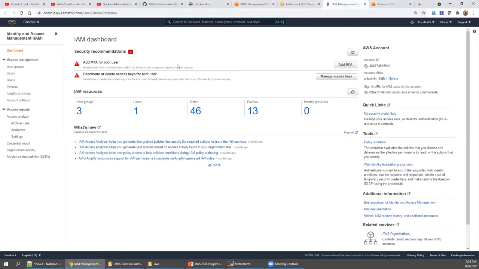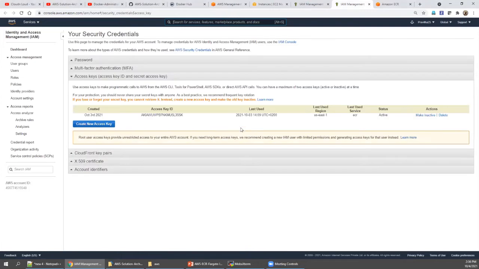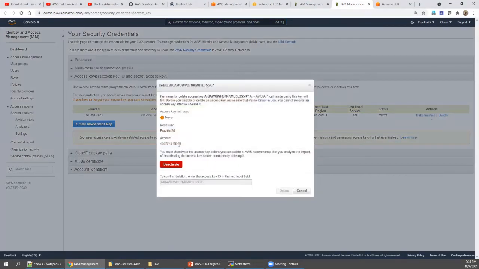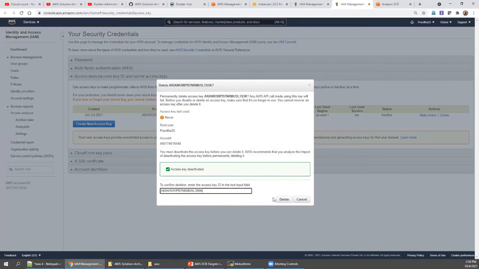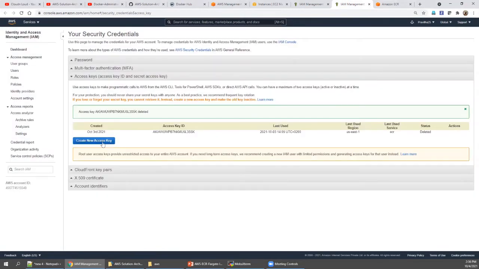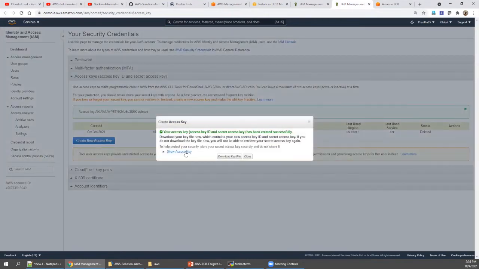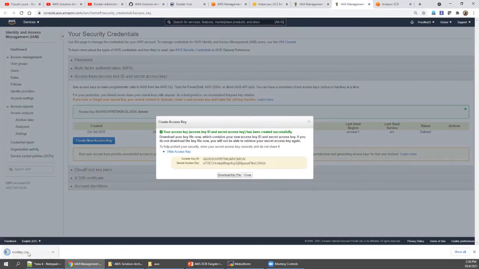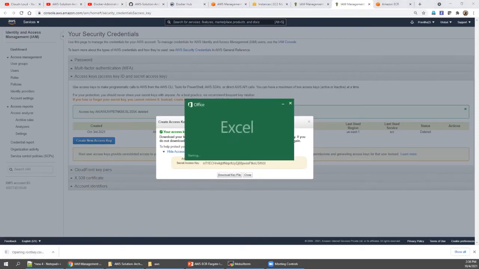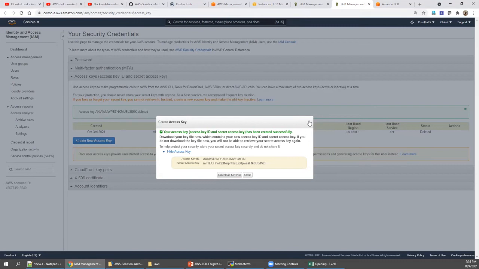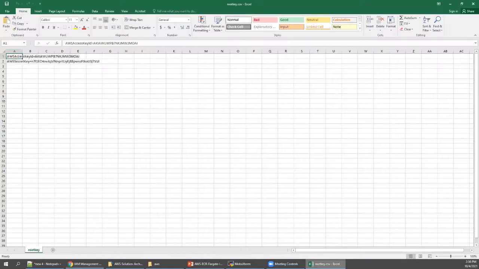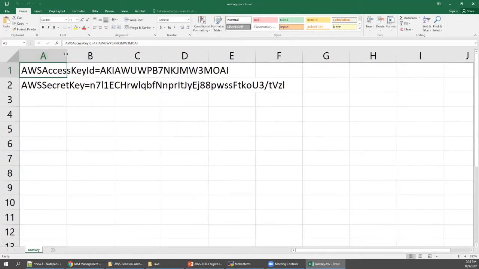In the meantime, we will go and create the root access key ID and secret access key ID for this user. I'm going here, the old one I'm going to delete, and first deactivate. Previously we could delete directly, but nowadays they first want us to deactivate, then you can delete. So I'm going to download the key file and open it up. Let's zoom it.